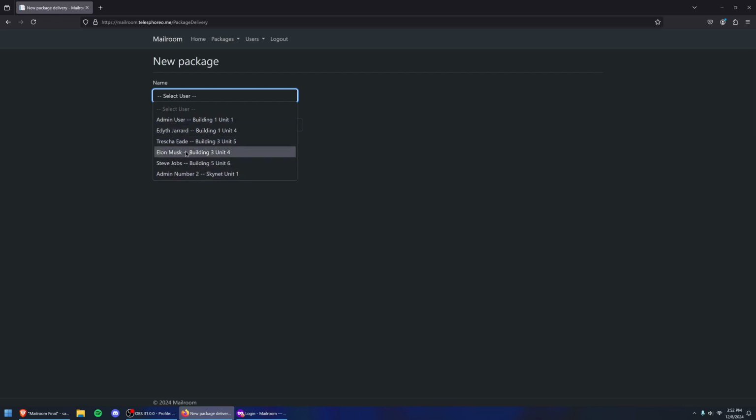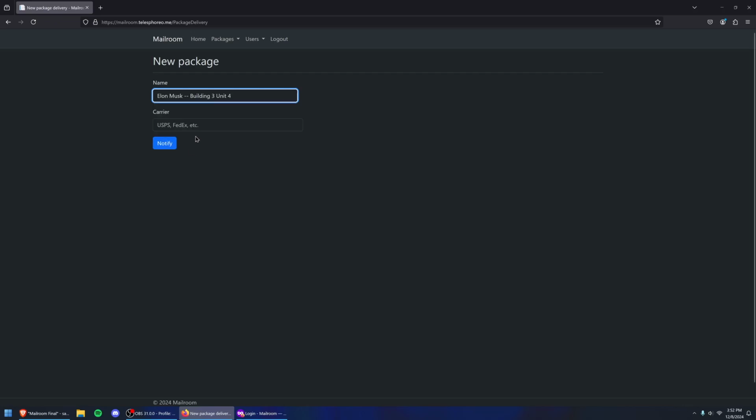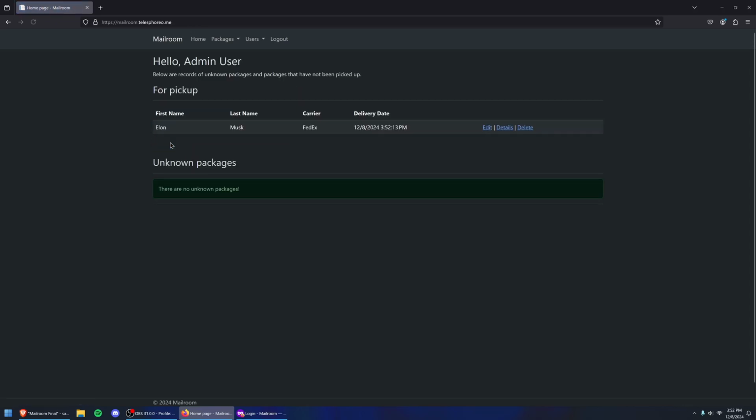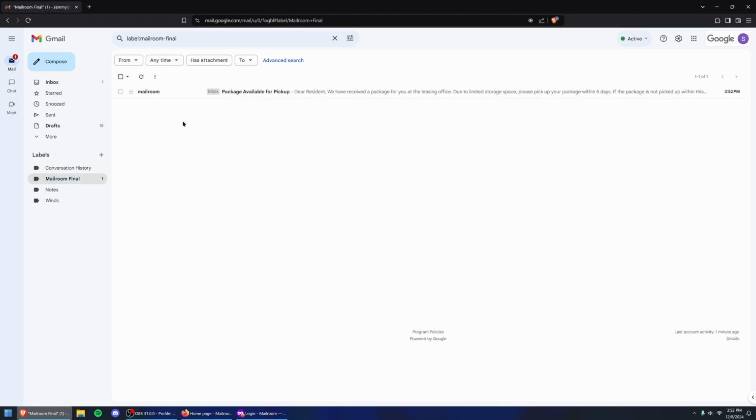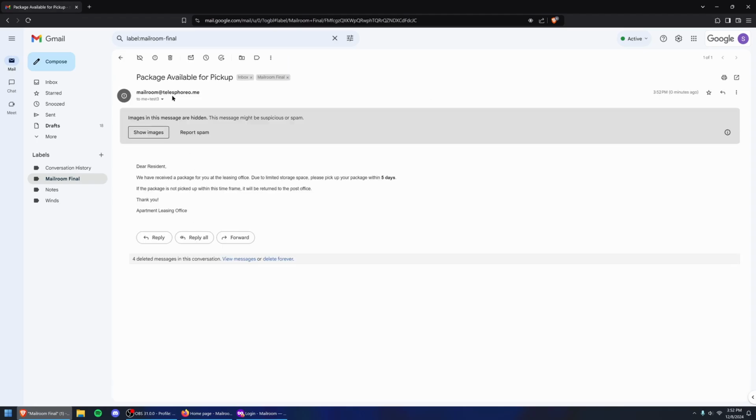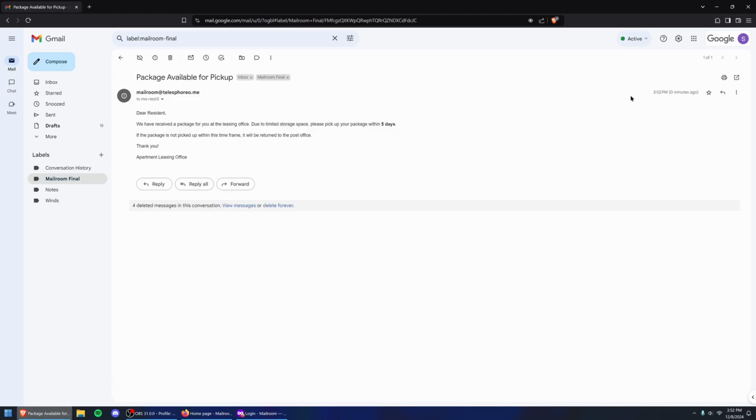So let's say that Elon Musk got a new package and it was from FedEx. We can click that and click on notify, and now that package from Elon Musk has been added to our dashboard, and it also will send out an email. Now here's the email, and as you can see, this is a new email, and it was just sent right now, and it basically sends an email saying, hey, please pick up your package within 5